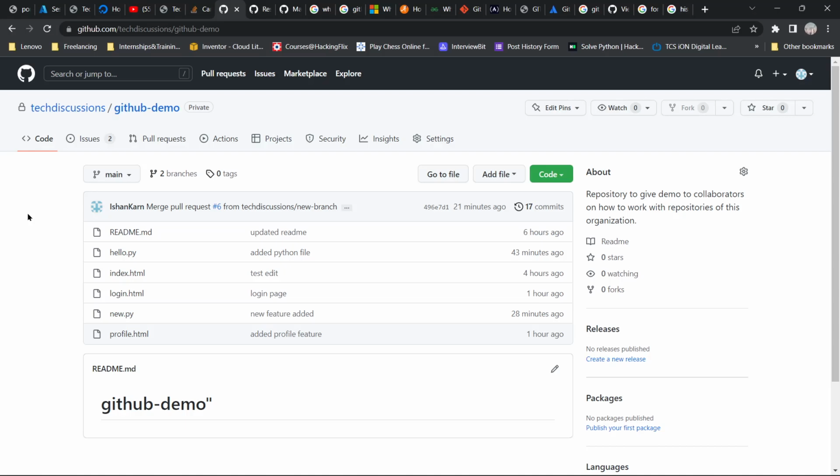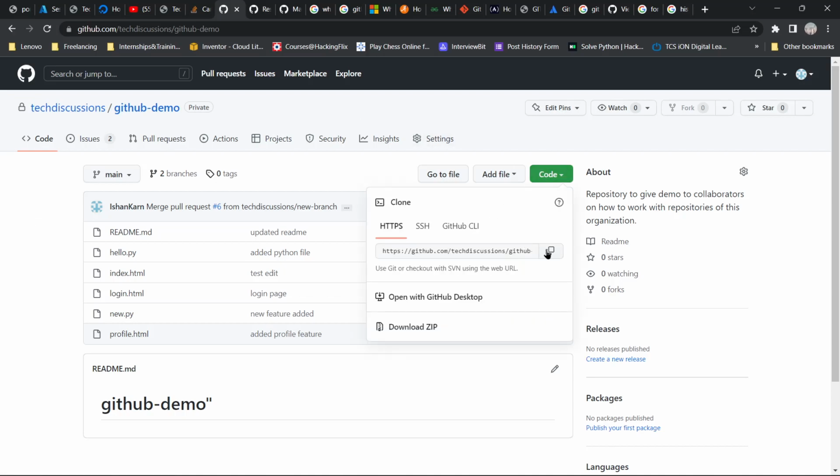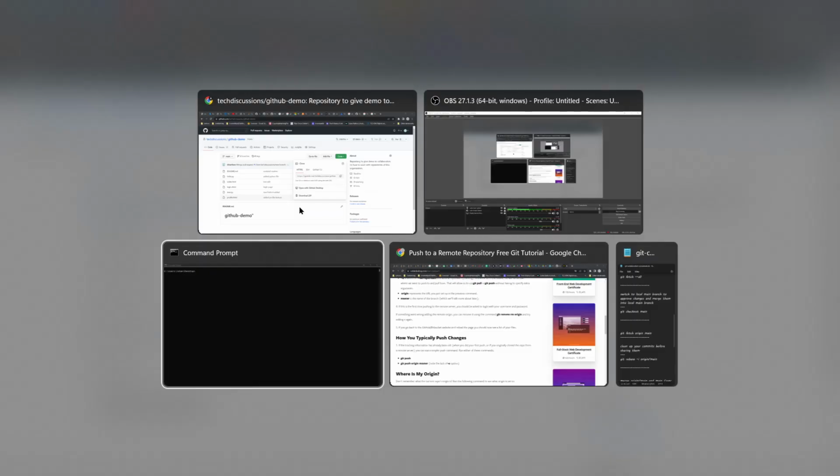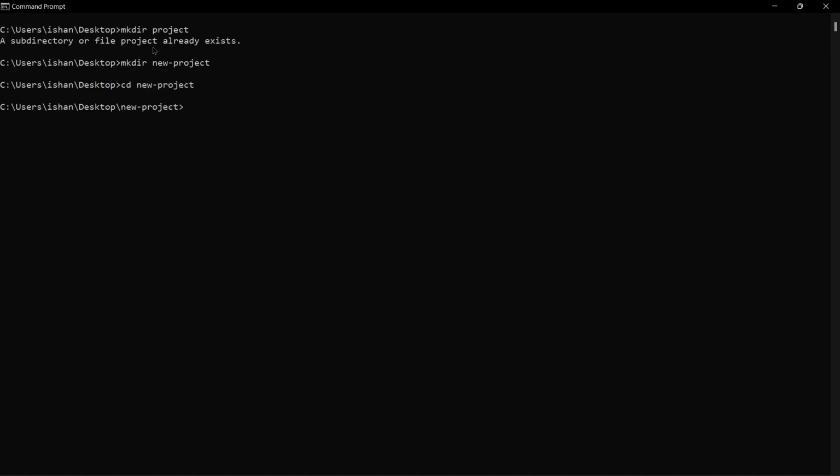So first of all, you have to copy this. After that, you have to come in the command prompt. You have to go in the directory in which you want to work, and you have to create a directory. This directory already exists, so I am creating a new directory. cd new project. I am changing the directory, and after that you have to